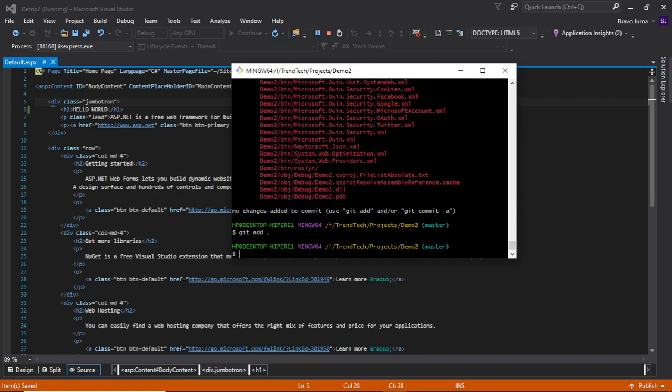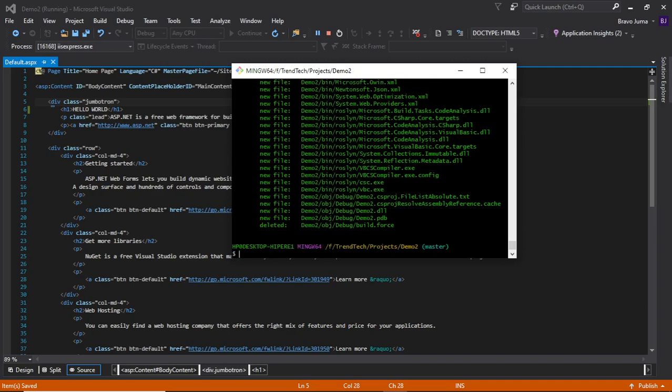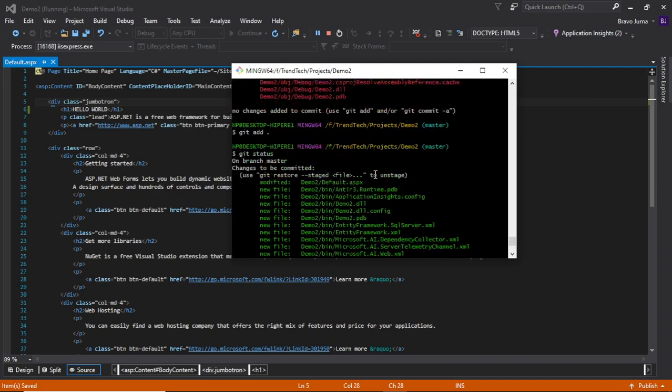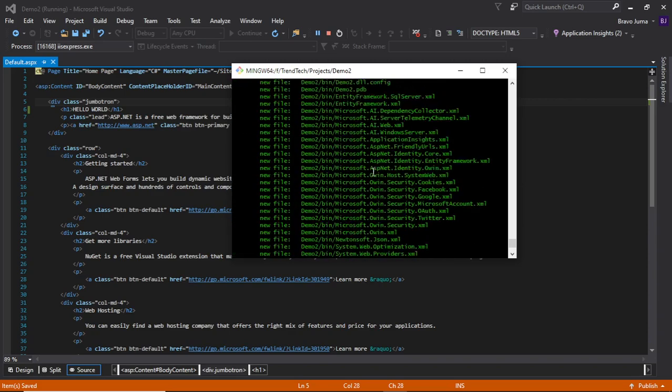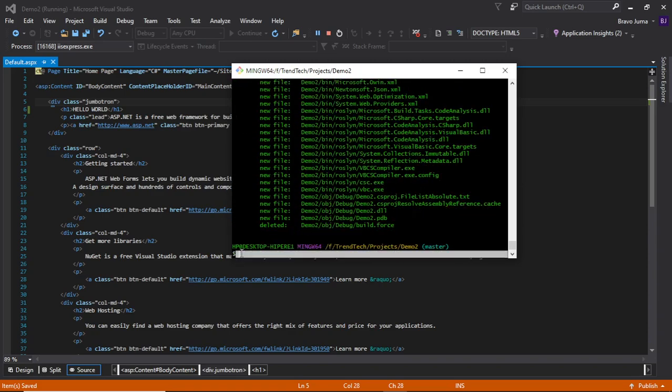Then after adding, if we check the status, we'll be able to see our files are ready to be committed. So then to commit, here, git commit, then